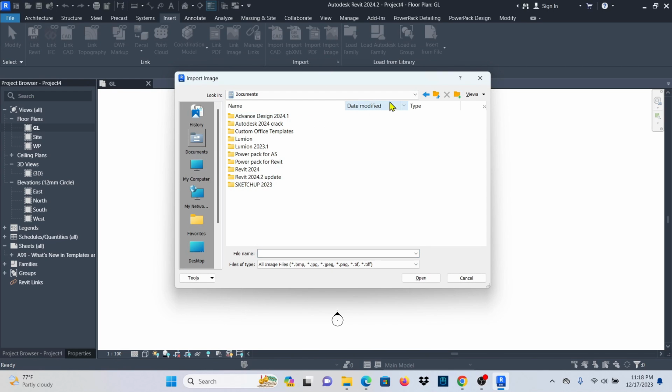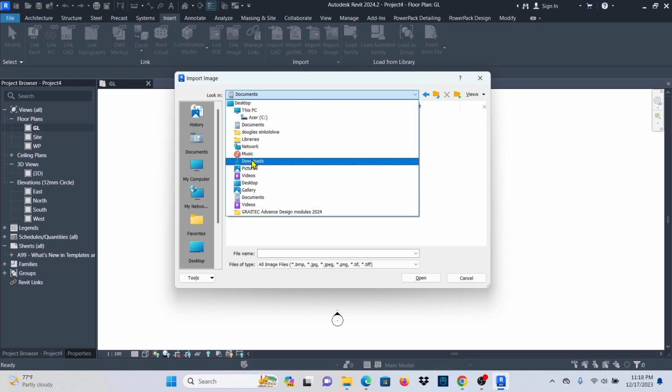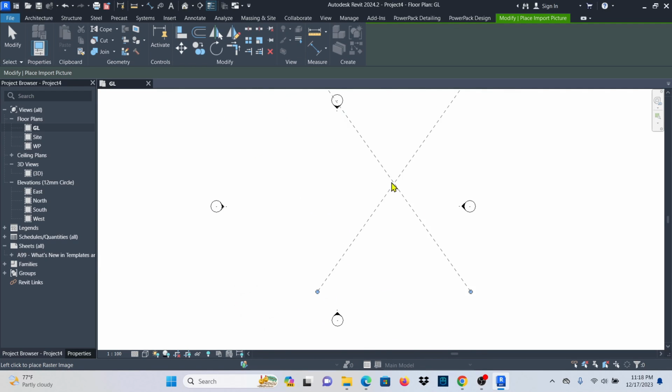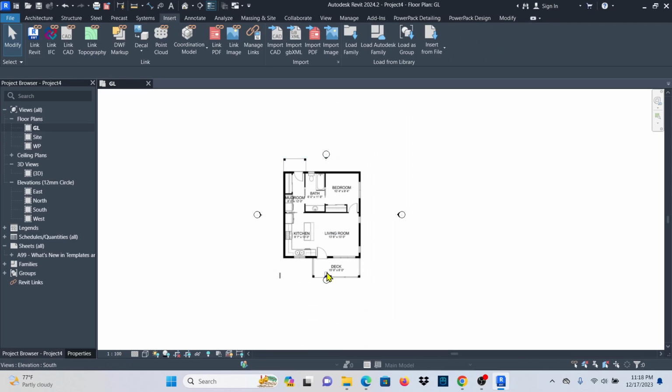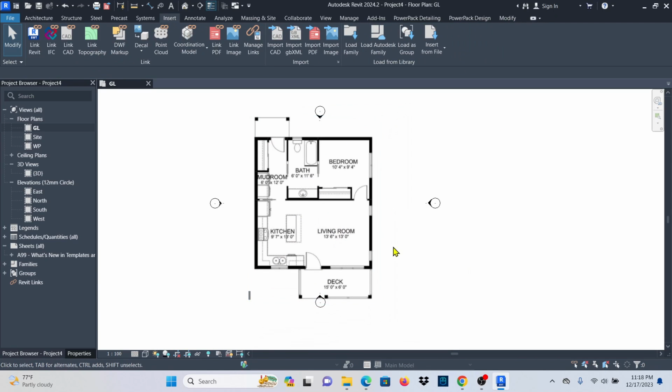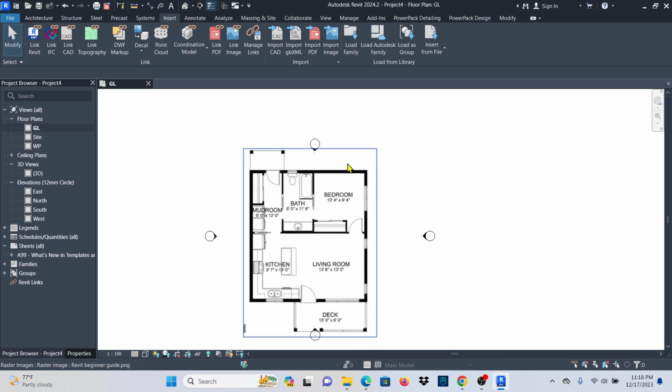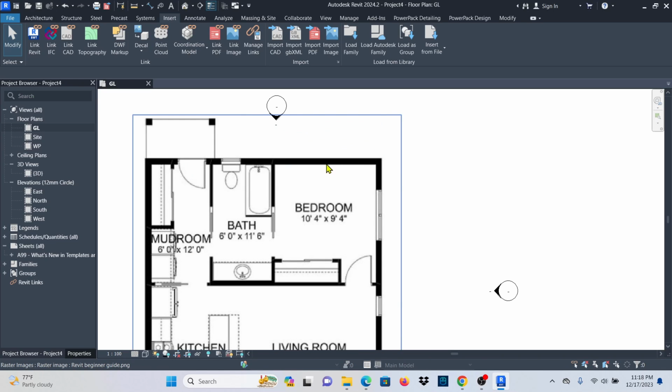Now you just need to check where you saved that image. In my case, it's in videos. I'll go and find it and I'll click on it. This is the image that I want to bring in, and click on open. It will float like this. It's just a matter of clicking like that. All right. Now I'll not be so exact with my dimensions of this one. I'll show you how you can change them. But with this one, I just want to scale it and just assume that maybe this room is maybe 3.5